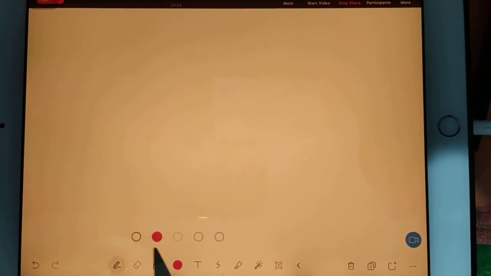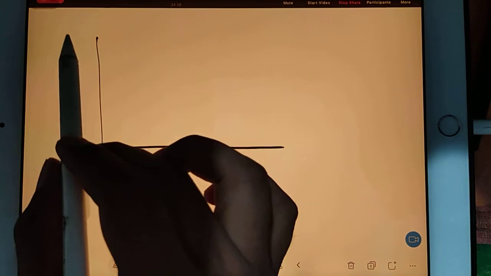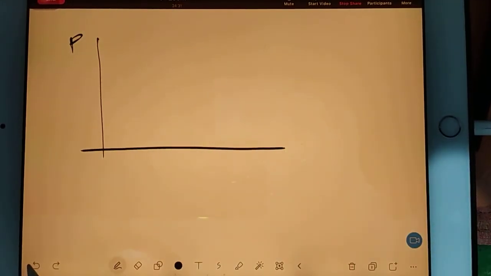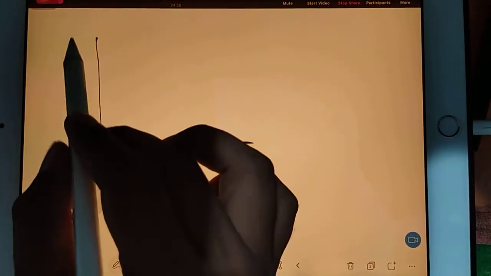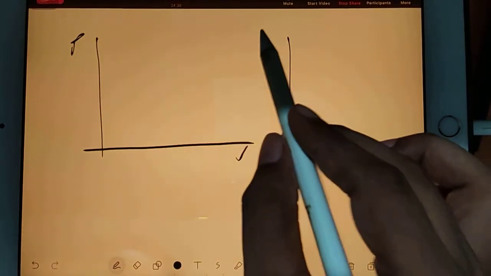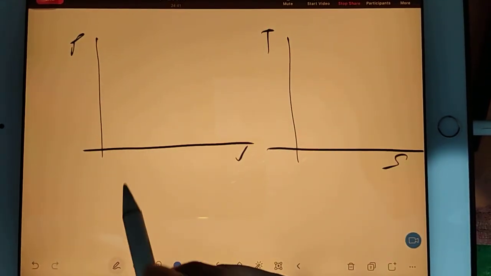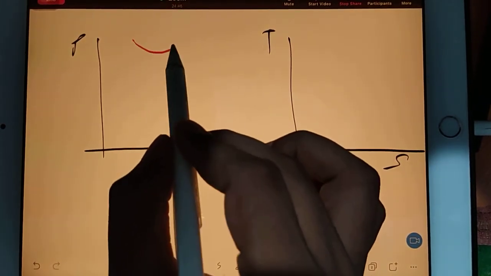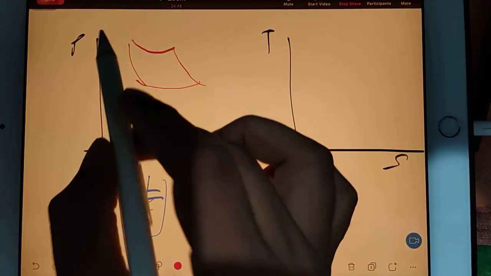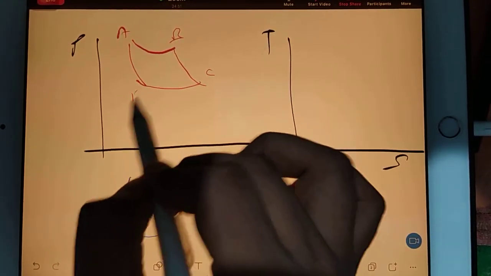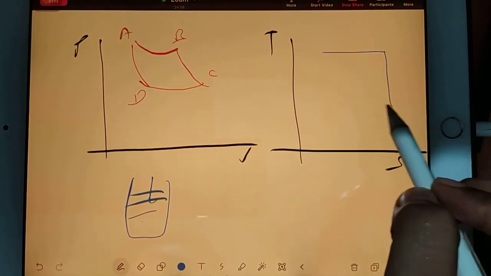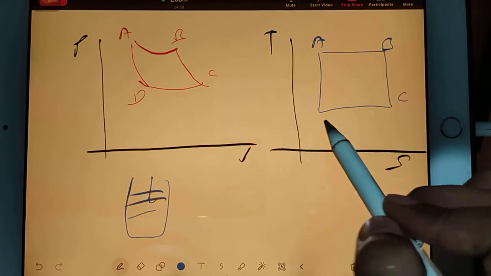That logic is, whenever you draw any curve or cycle on a PV diagram like this, let me draw it properly, a little bit shorter, like this. You draw another diagram. This is your TS diagram. So the same cycle I want to draw on the PV diagram. It will look like this, then this, then this, then this. I will name them A, B, C, D. And the same thing if I draw on the TS diagram, it will look like this, A, B, C, D.